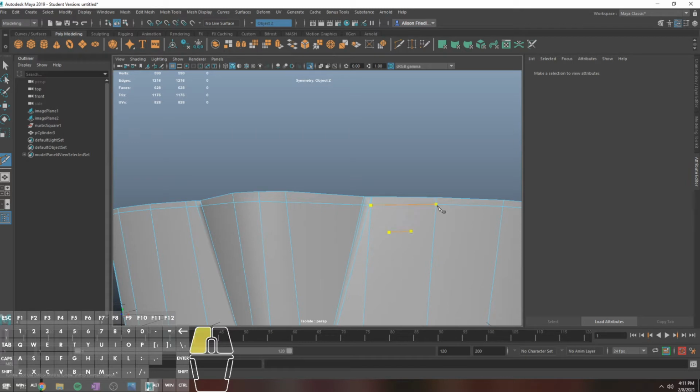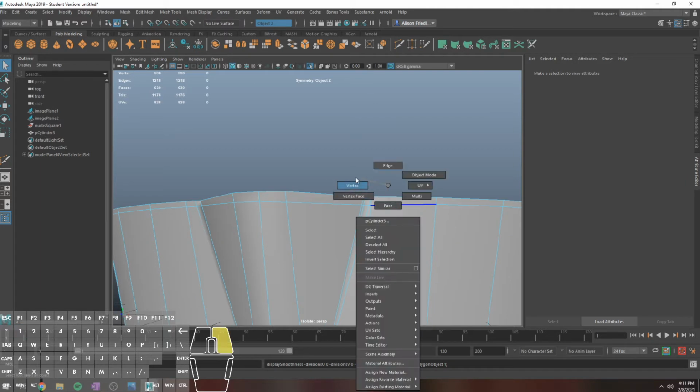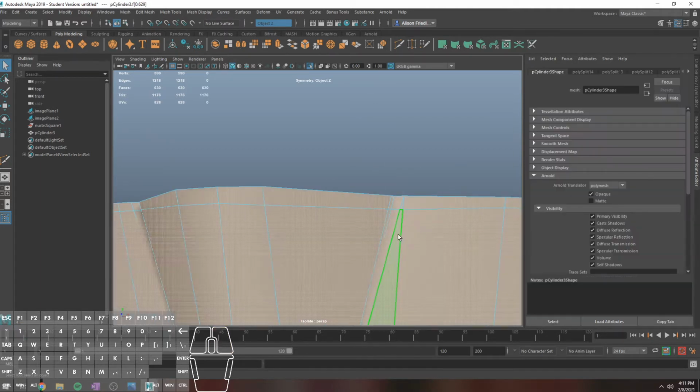This is why it's usually not bad to avoid tris in your stuff, because you will see I had to jump through a lot more hoops than I should have to add that edge loop in. And then also make sure...